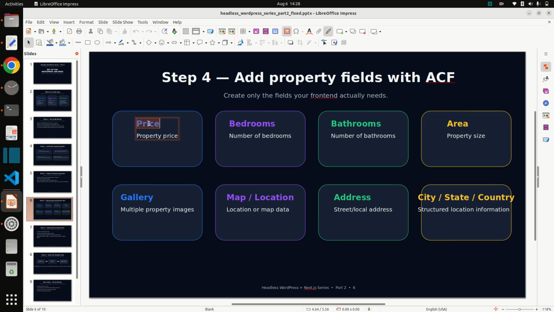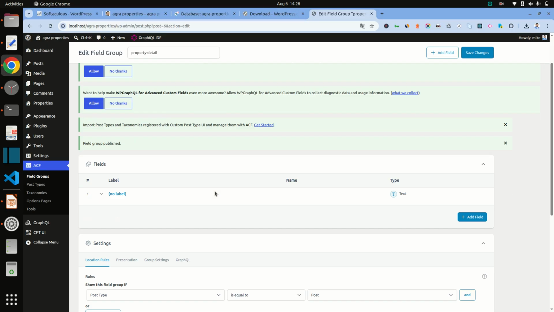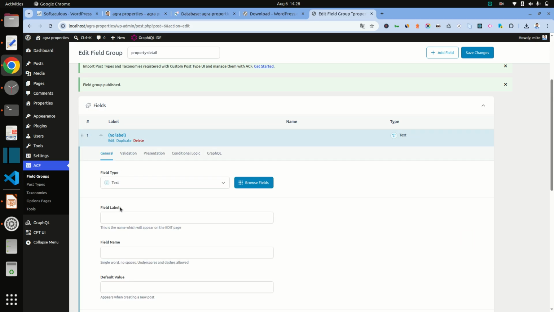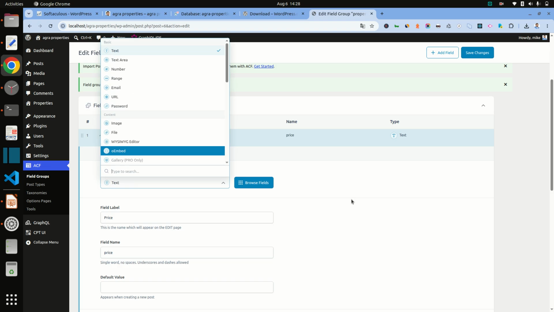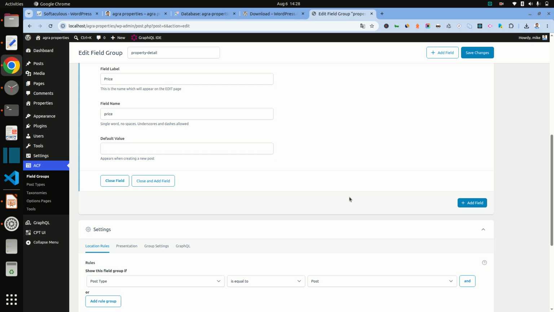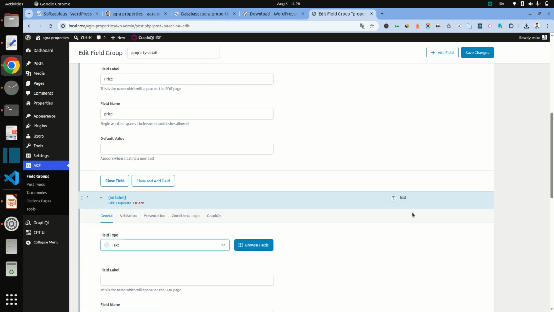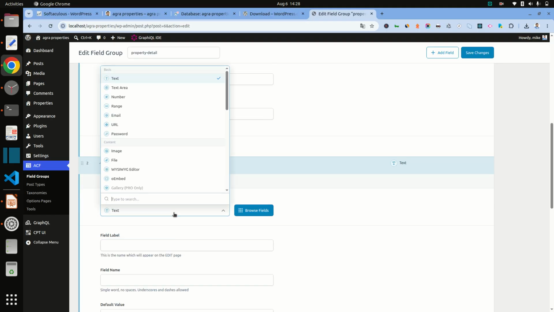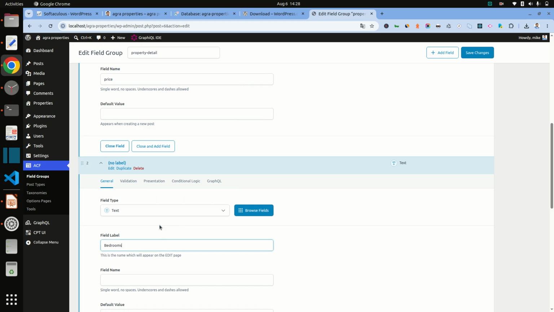Now for price, etc. Put field as price, and we will use lakh etc. also. So there the required input type is text. Bedroom: for bedroom we use input type number.